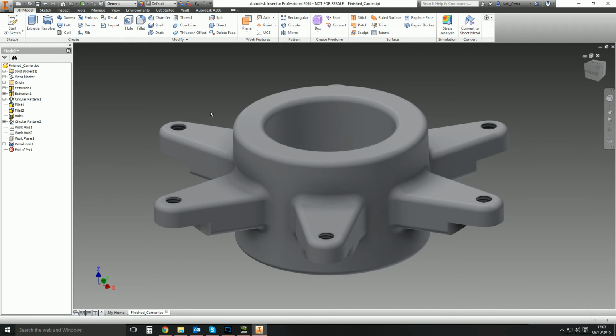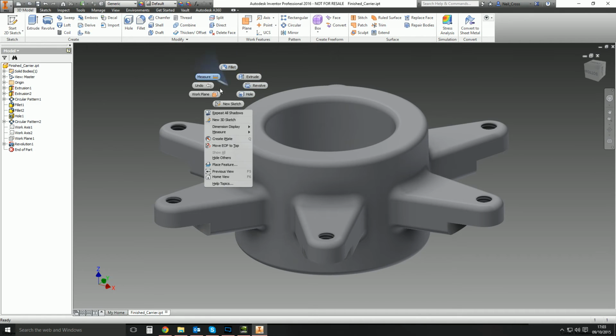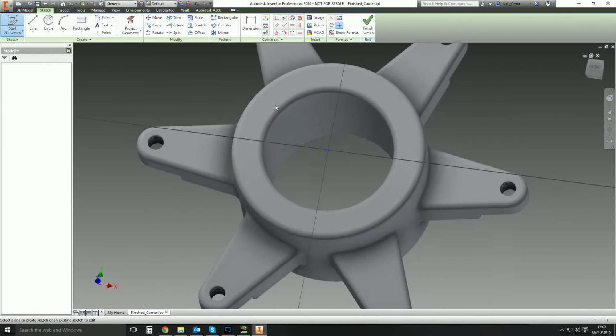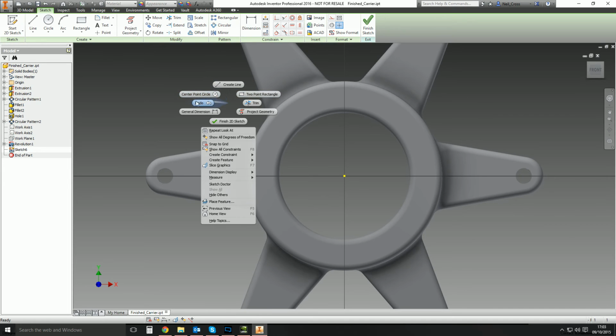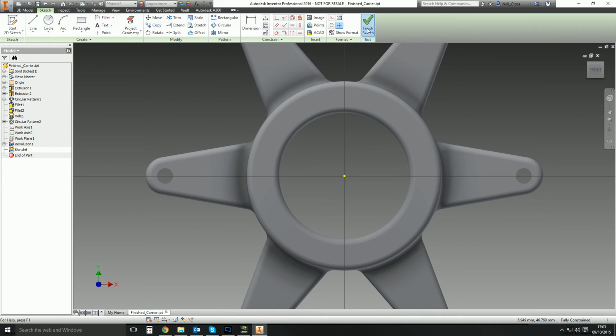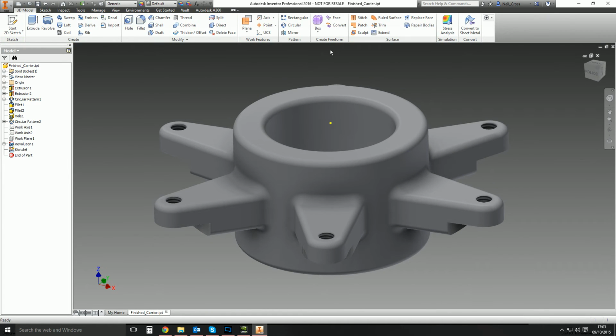Oh my God, so much mouse travel. You're going to get arthritis in your wrists, and you're going to need a wrist replacement by the time you're 40 because you have to move your mouse so much. So they brought in these. And it's all about, all joking aside, the markup menu, it's all about everything being in your line of sight, and it's all contextual. So you right click and you're in a part and you've got fillet and extrude and revolve. If you're in a sketch, you right click and then you've got line and rectangle and circle and stuff. So it's meant to be a productivity enhancement.